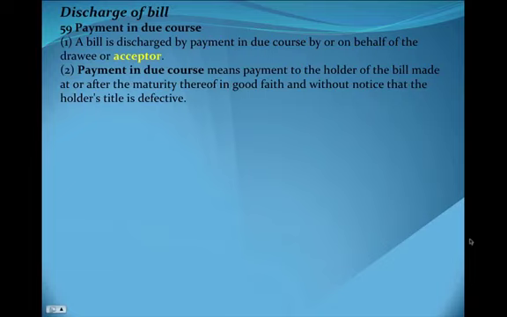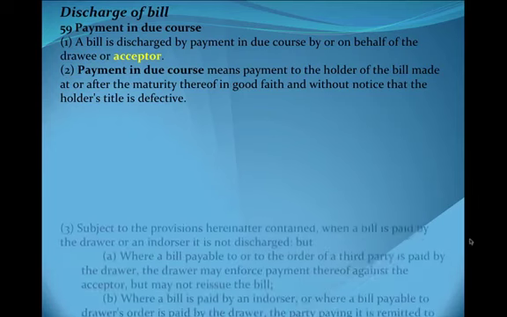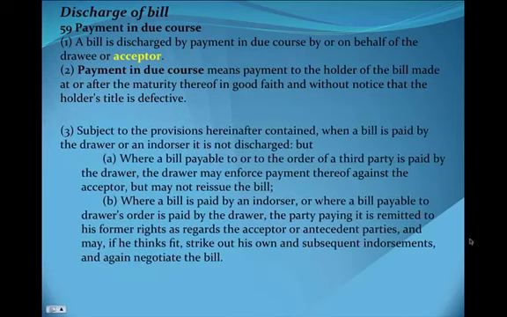So payment in due course means payment to the holder of the bill made at or after the maturity thereof in good faith and without notice that the holder's title is defective. Now the holder's title will be defective because they have the title over us. Okay, subject to the provisions herein contained, when a bill is paid by the drawer or endorser, it is not discharged, but where a bill payable to or to the order of a third party,